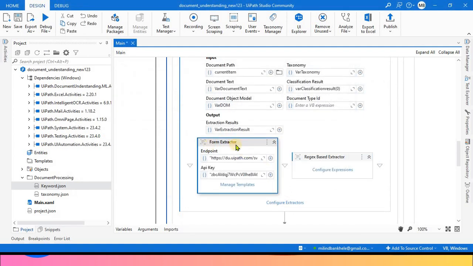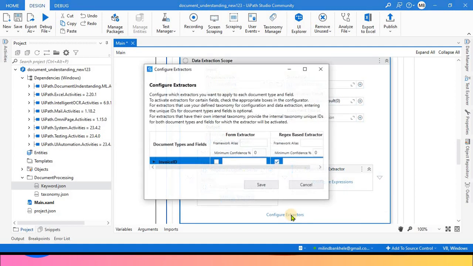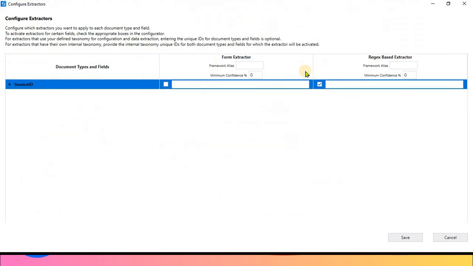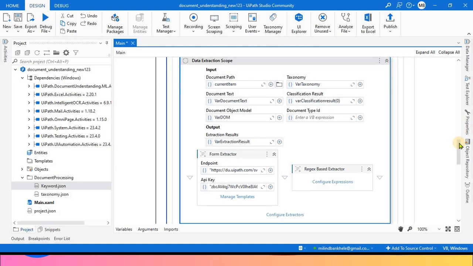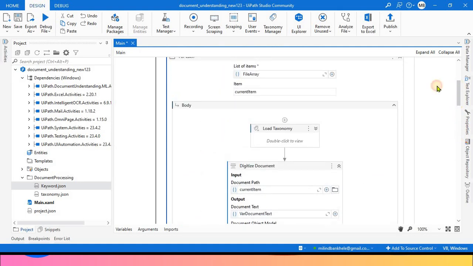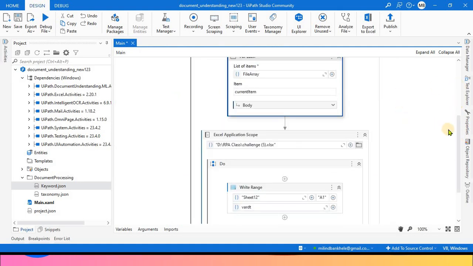Now if I delete this form extractor also, that is fine, it won't impact my existing result. So in a single document we can use multiple extractors, it's up to us which extractor is used for which field. Okay, so here in this example I have used a for each loop,